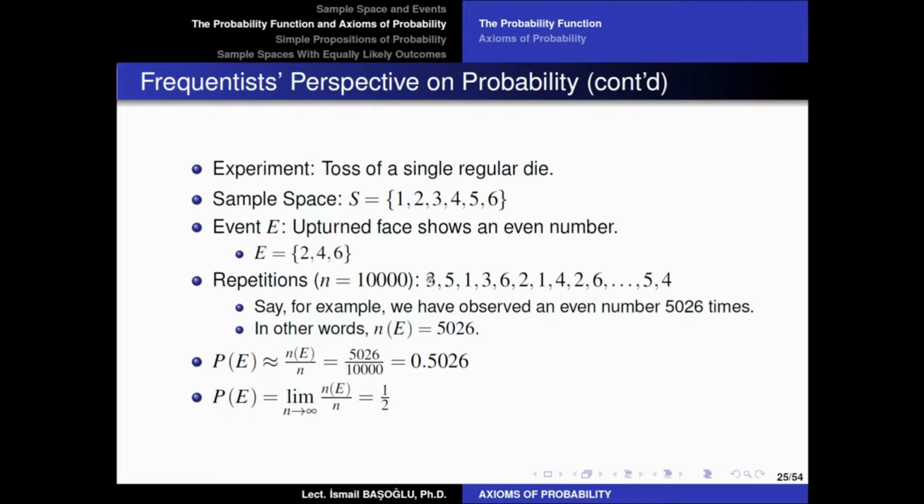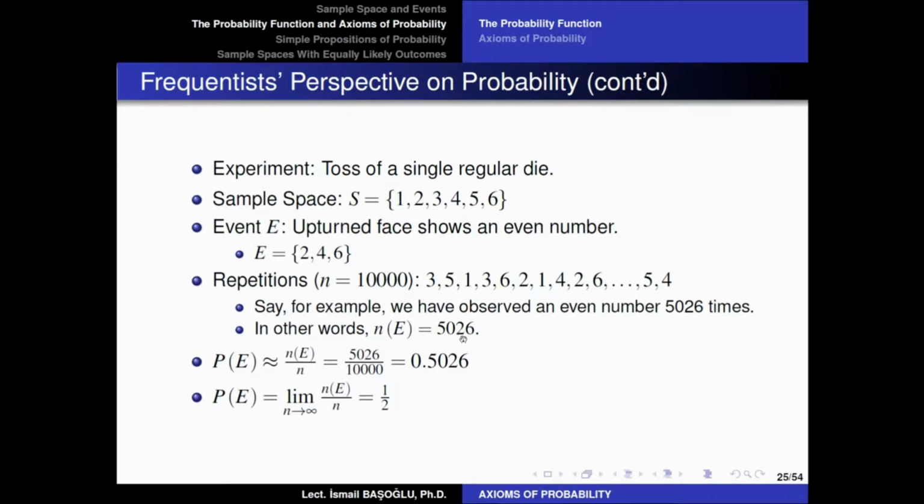And of course, we are not able to write every outcome here in the small page, but let's just say, for example, we have observed an even number in these outcomes 5,026 times. Or in other words, in these 10,000 experiments, we have observed event E 5,026 times. In the mathematical explanation, as we have defined in the previous page, since n is equal to 10,000, NE as a function, as a count of the number of times event E has occurred in 10,000 repetitions,